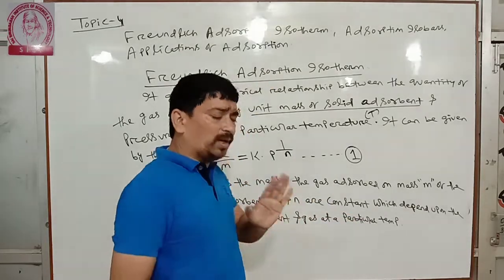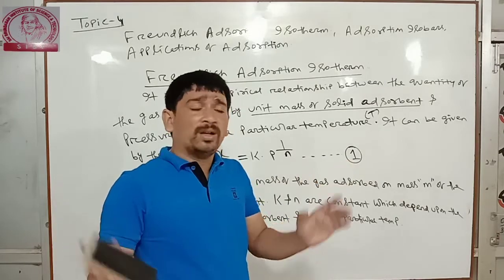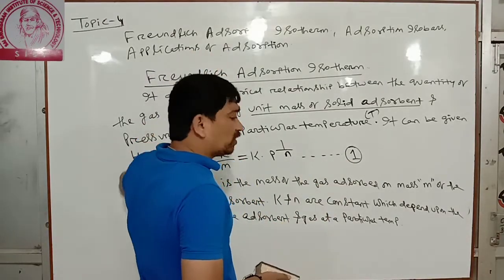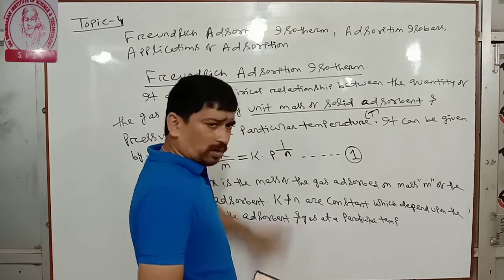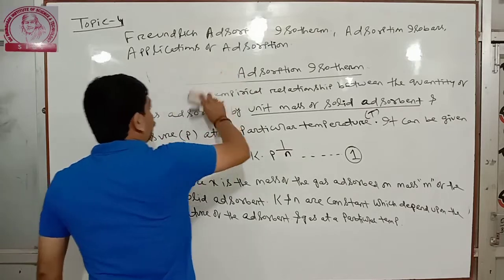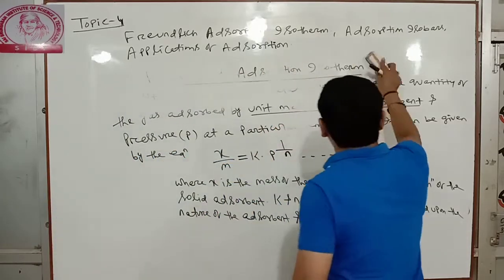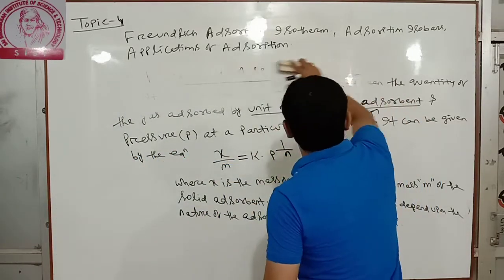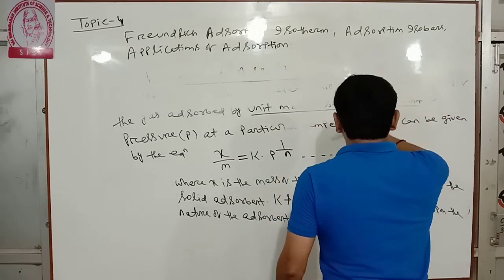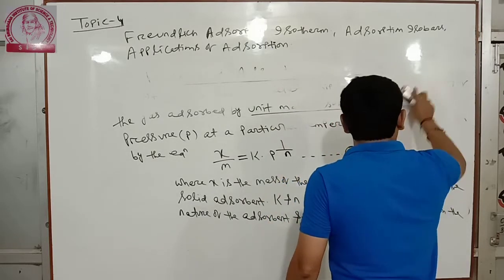So up to this you will write, not more. Clear? If you get the question, explain adsorption isotherm and Freundlich adsorption isotherm, you will write this and not more. Clear? Next I am explaining more. From this equation we can graphically observe this Freundlich adsorption isotherm, what the slope of the curve is, and more things I will discuss.